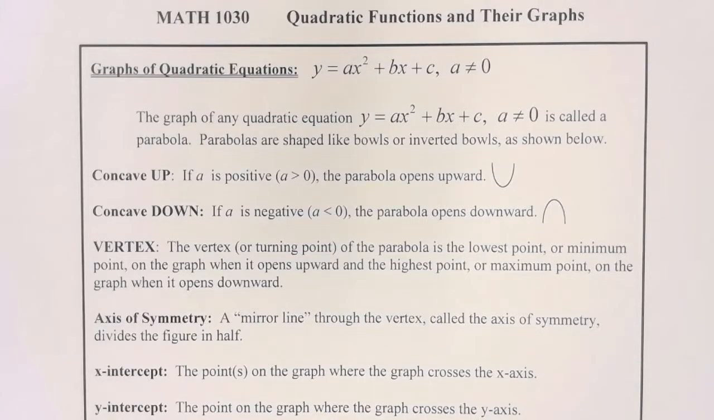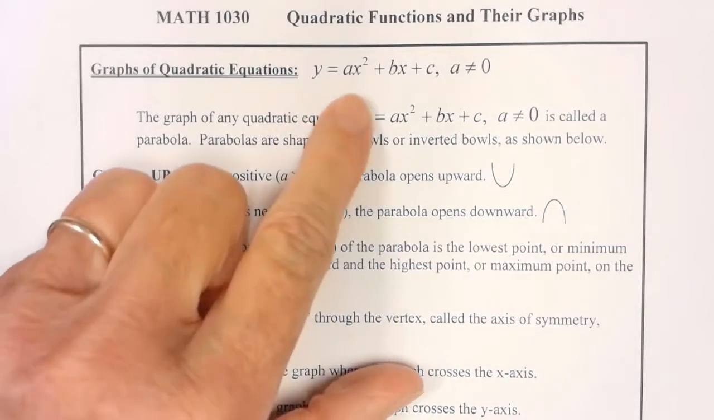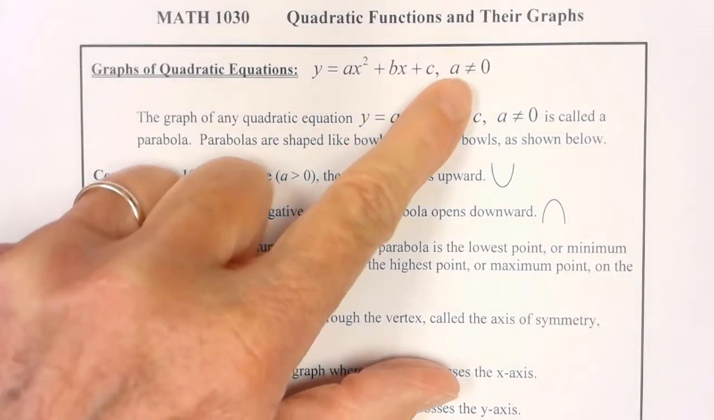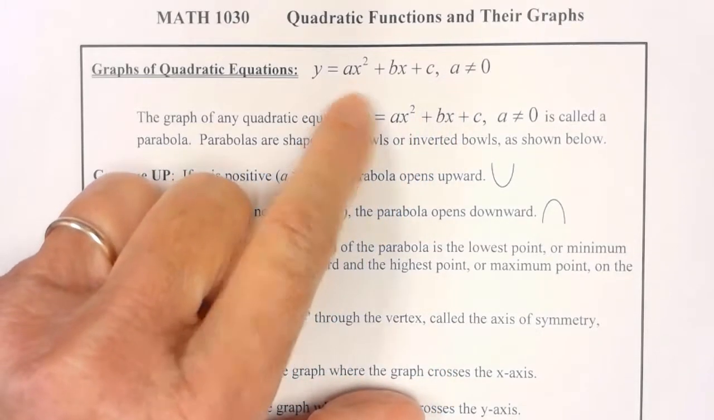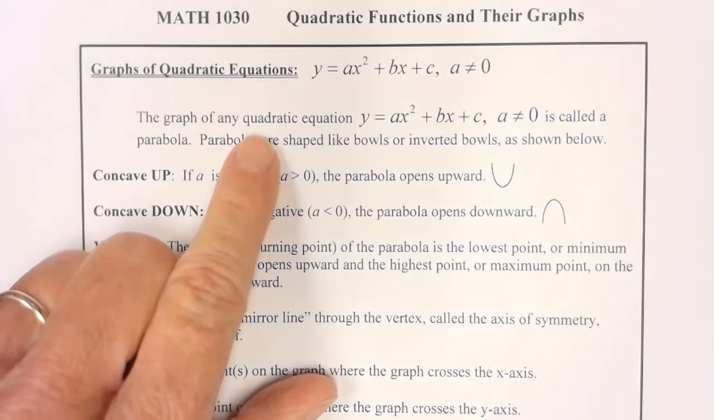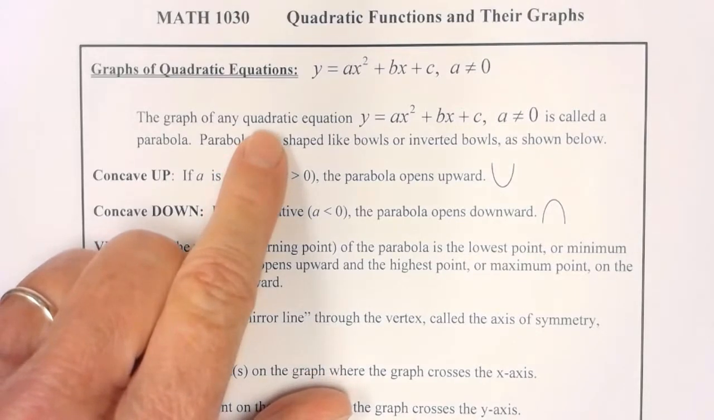Now we're going to look at quadratic functions and their graphs. We've been looking at graphs, but we haven't had to do any yet. Graphs of quadratic equations. I've got y equals, if you'll notice, that's standard form. Again, a cannot be 0. In order for me to have a quadratic, I have to have an x squared. The graph of any quadratic equation, y equals ax squared plus bx plus c, where a does not equal 0,